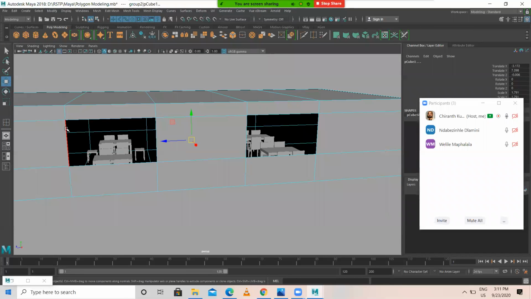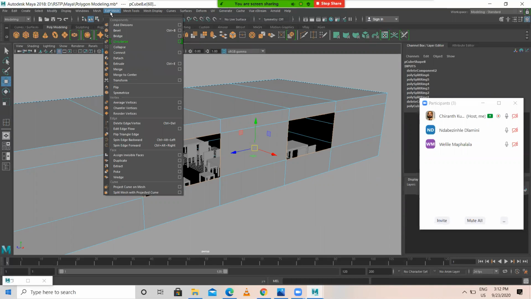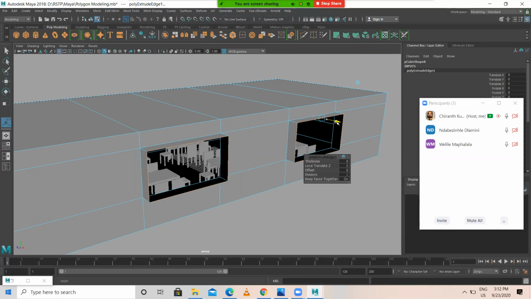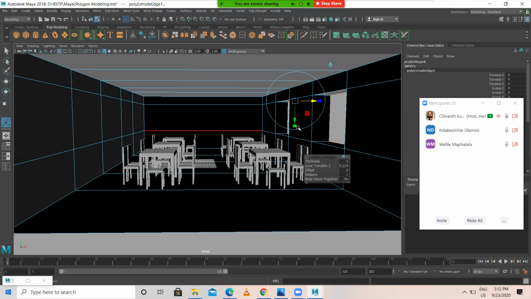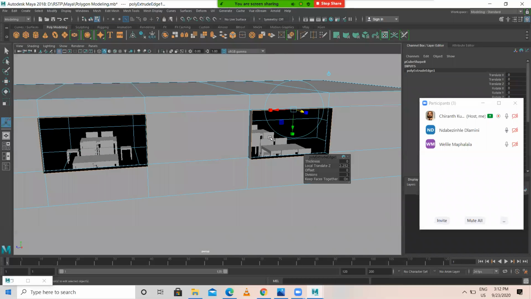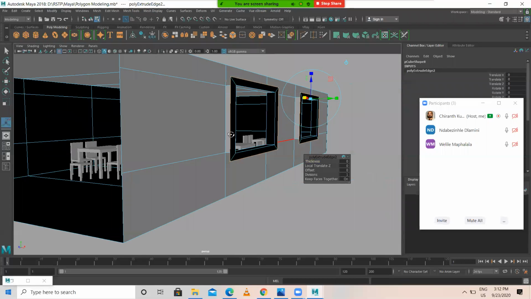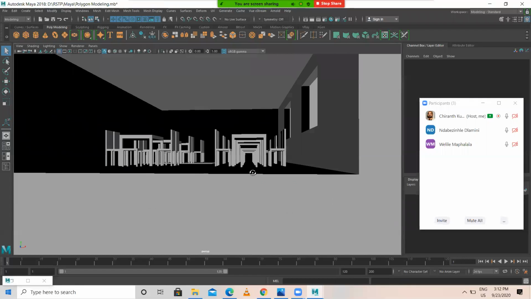Then after that, I double click this edge, double click so that both the edges will select. Come to mesh, so I come to edit mesh, extrude, just place it over here. Okay, like this. Then again repeat last tool. Okay, it's something like this.